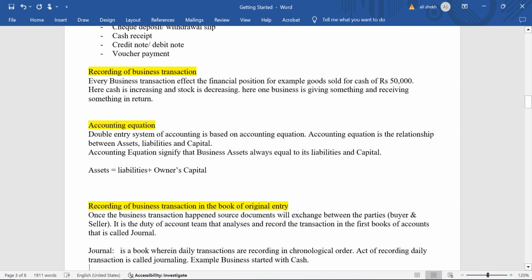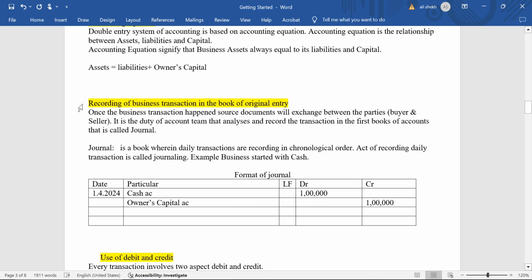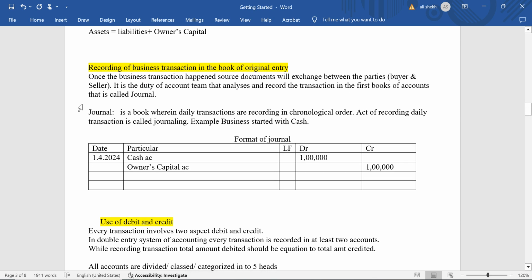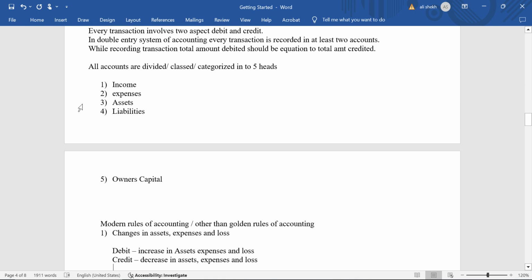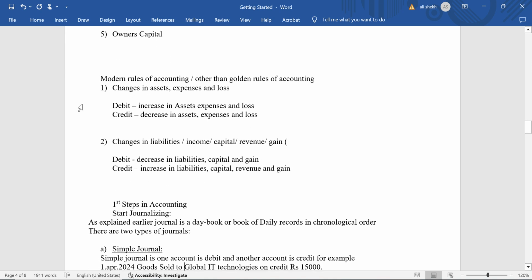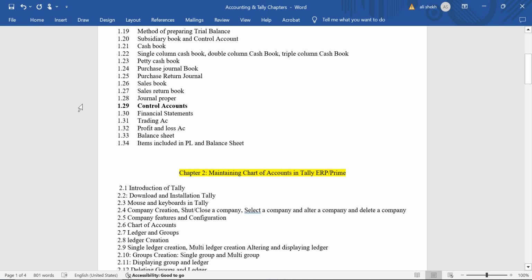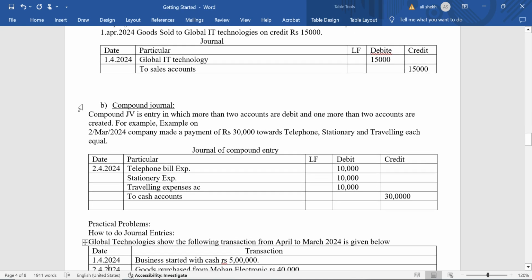Then recording the business transaction, then the accounting equation, then recording the business transaction in the book of original entry, that is called the journal. The format is there, with debit and credit. We have already discussed all these things in the previous class, chapter 1, and today is chapter 2. Chapter 2 is maintaining the chart of accounts in Tally. So we will go